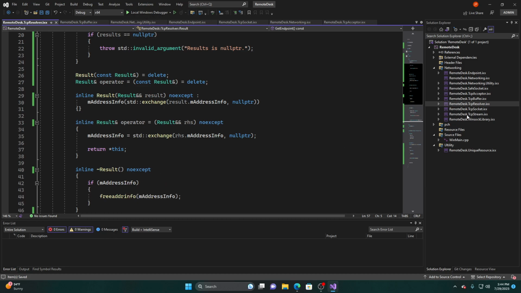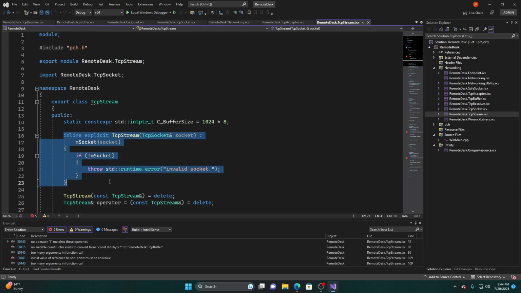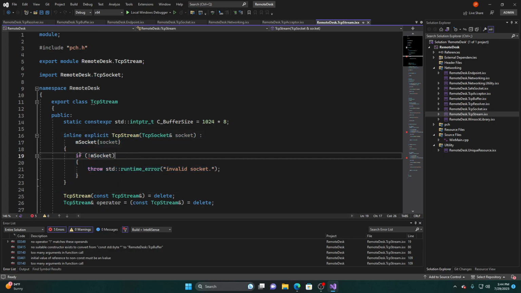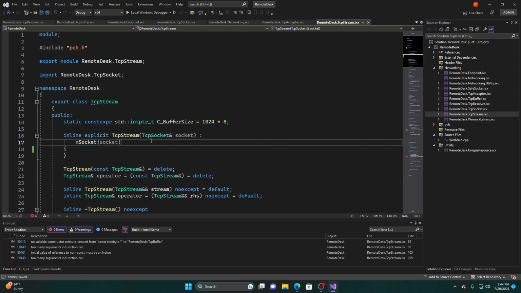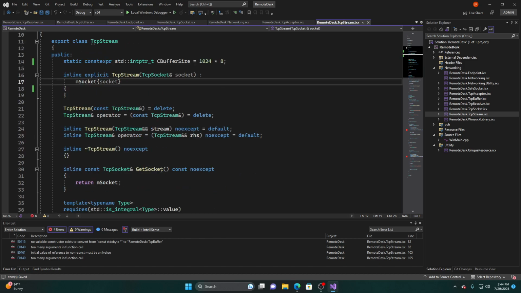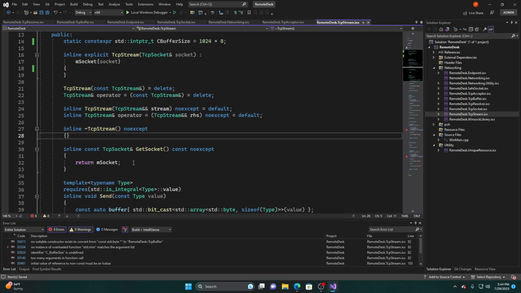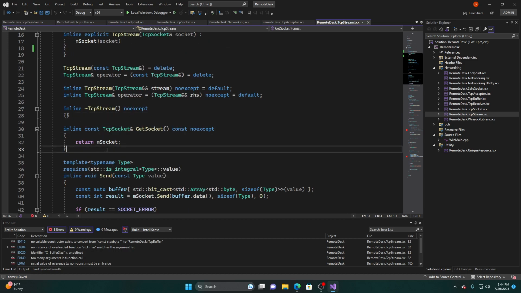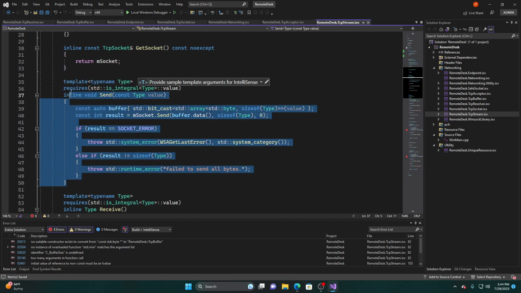All right, now it's time to fix our TCP stream. Okay, so of course TCP stream, if there is no socket, which cannot be possible now, because if a socket does not create, then this code does not work. So we still have our buffer size. I'm also going to make that C buffer size. We want no copy. We're going to default moves. We have basically a default destructor. We have this get socket function. And we are going to do